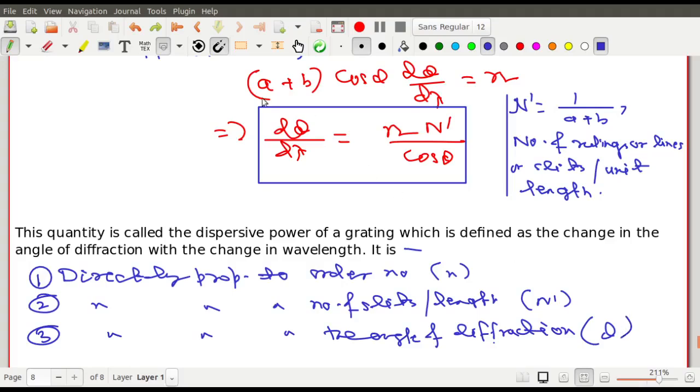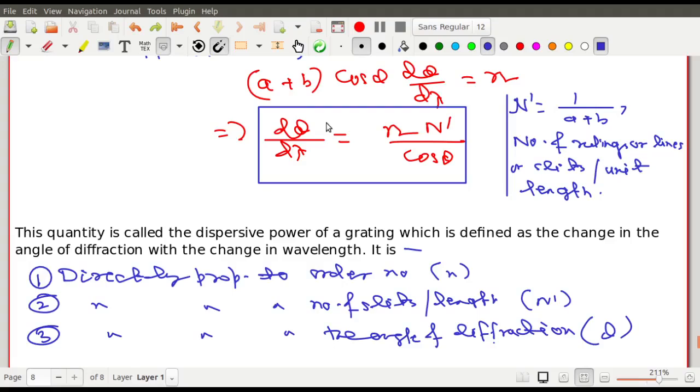এবার এই কোয়ান্টিটিটা একটু ভালো করে বোঝো, ইউ ট্রাই টু আন্ডারস্ট্যান্ড ডিসপারশন, যে ডিসপারশন অ্যাকচুয়ালি কি। ডিসপারশন মানে লাইট আসলো, 7টা কালারে ভেঙে গেল, এটা ডিসপারশন নয়। This is not the formal dispersion definition. So light comes and it splits into 7 colors. This is not the formal definition of dispersion. The definition of dispersion is the ability of the medium to separate out the different wavelengths. So different wavelengths গুলোকে separate করা।